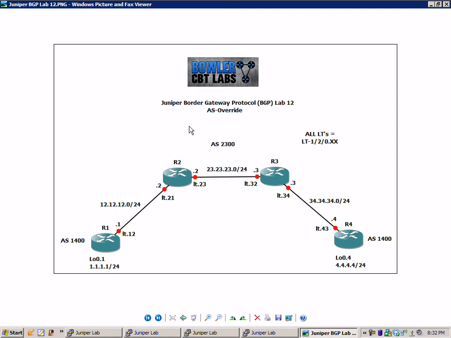First off, I just want to explain that within external BGP, the autonomous system path attribute is used to make sure that routes from an autonomous system, in this case router 1 in autonomous system 1400, are handled properly. It's going to pass its loopback subnet, the 1 network, to router 2. Router 2 is then going to pass this to router 3, and this network